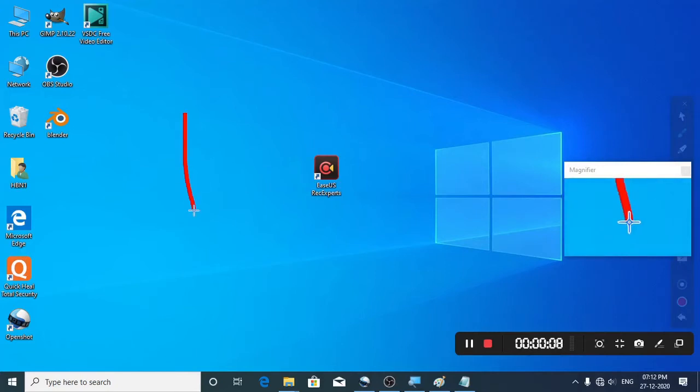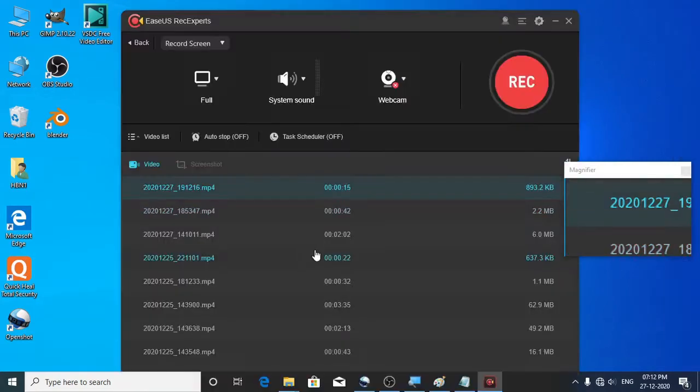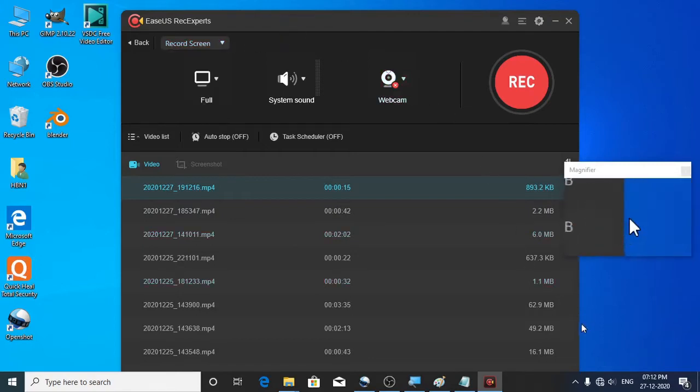So this starts or stops the screen recording or your webcam recording or gameplay or even the audio recording. Okay, now let's move on to the next topic.